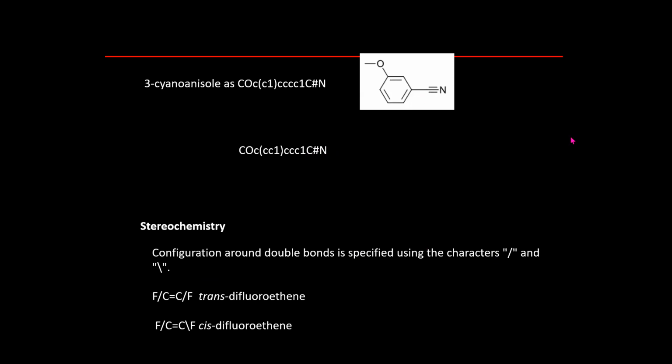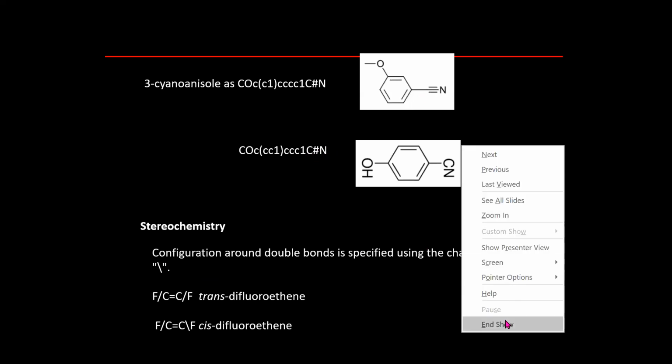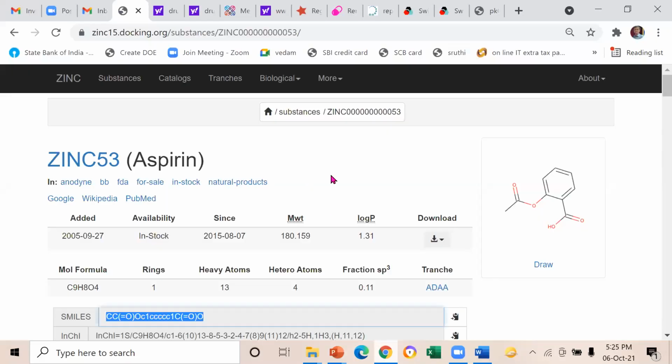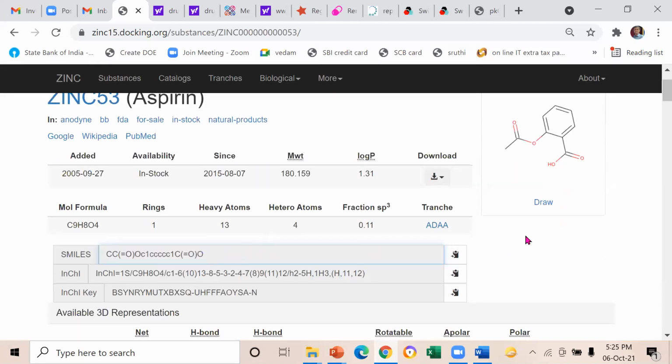So if you go to the molecule aspirin, you can see it is starting from, say, this carbon. You can see CC, capital C, and there is a branch of double bond O. Then there is an O, capital O, and after that all small, representing this aromatic system. And this C and this C are connected. So these six c's are aromatic, and then again you have one capital C and O, and this one is a double bond O in a branch. You understand? This is the SMILES for aspirin.